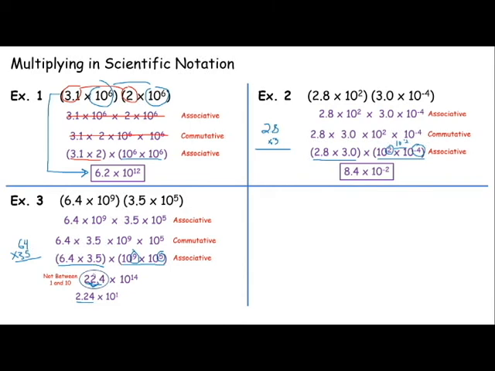So we can rewrite this first part of the expression as 2.24 times 10 to the first, but don't forget you still have those 14 other 10s. So when I combine these together, I get 2.24 times 10 to the 15th. This is my final answer. This is in scientific notation. Don't forget to always check your answer to make sure it's in the notation you want before you move on